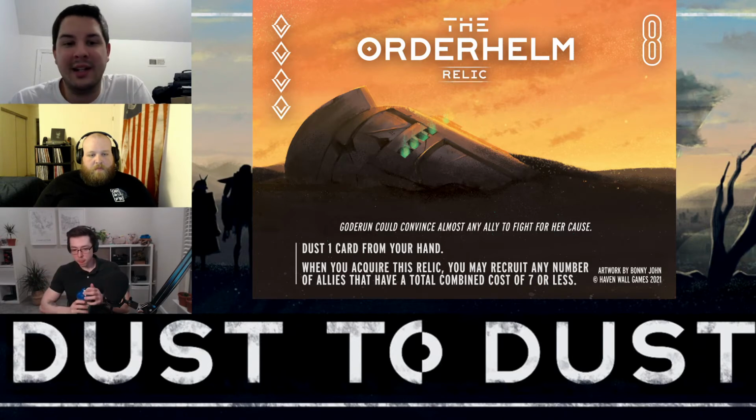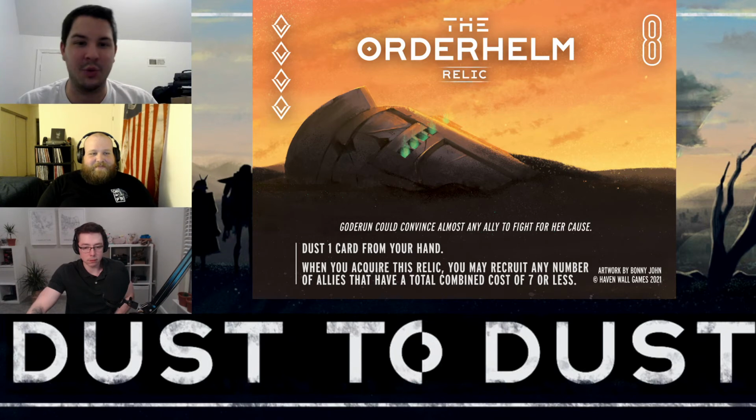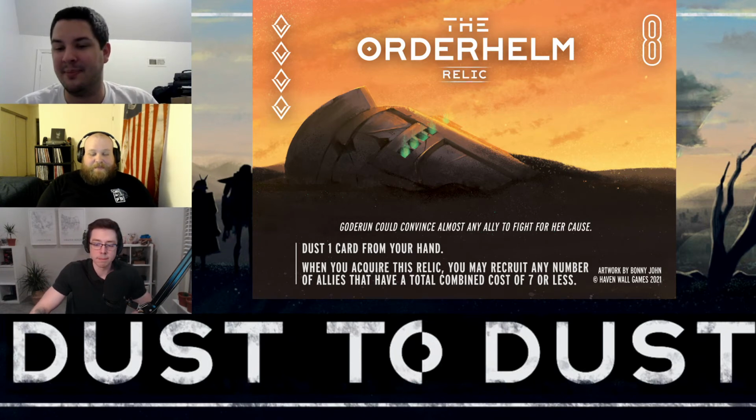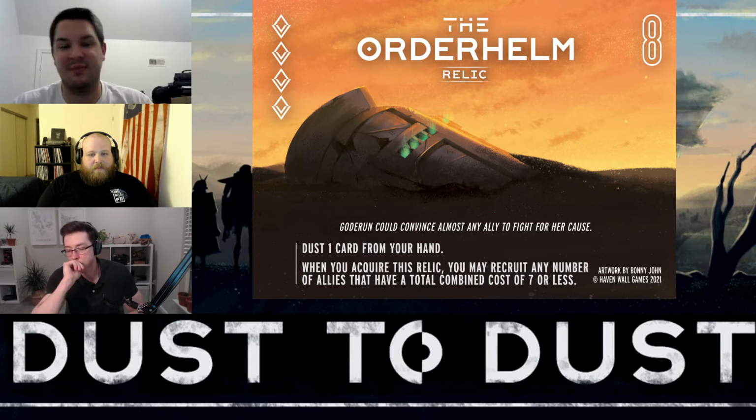I don't know why, but every time I pick this card up, it makes me feel like Apocalypse Spice, where I'm just sniping a bunch of things on the field all at once, and we're doing a little bit of math. Yeah. But being able to pick up cards with a combined cost of 7 or less is just super